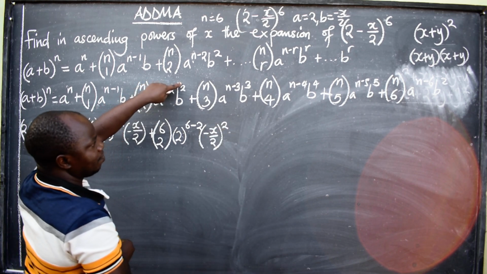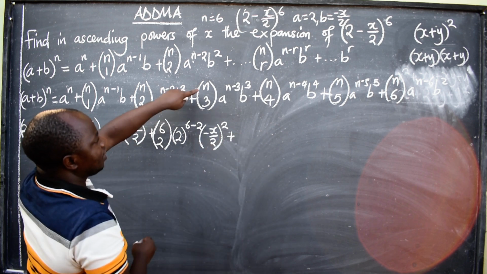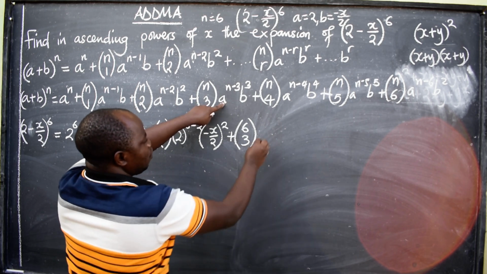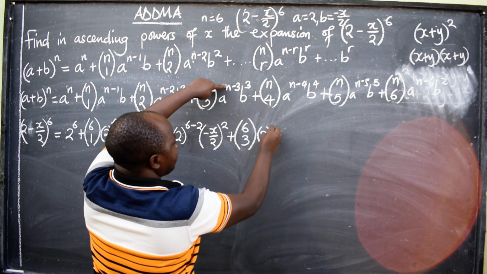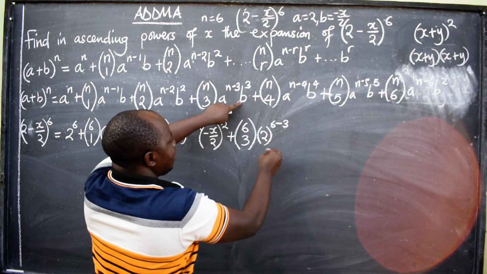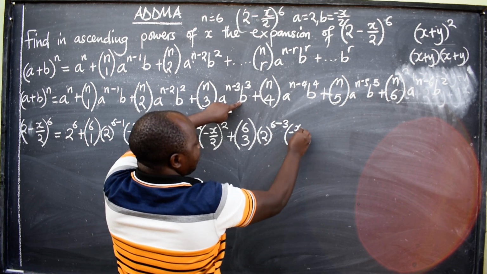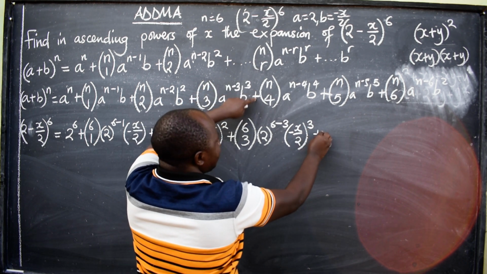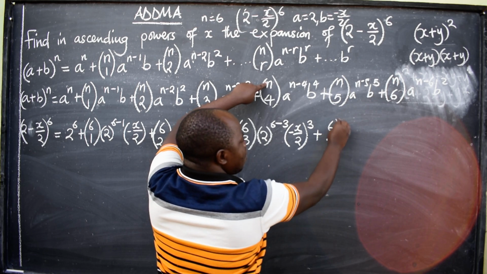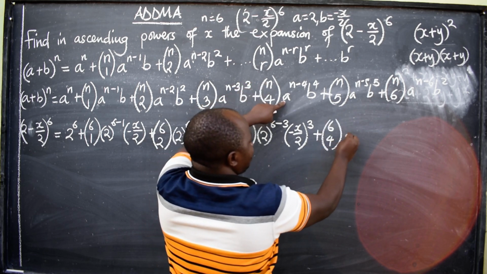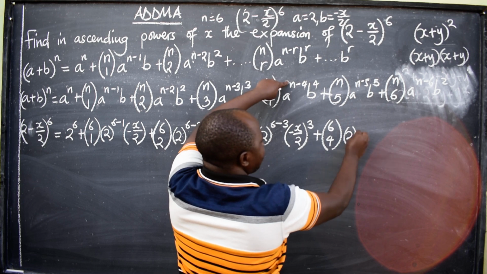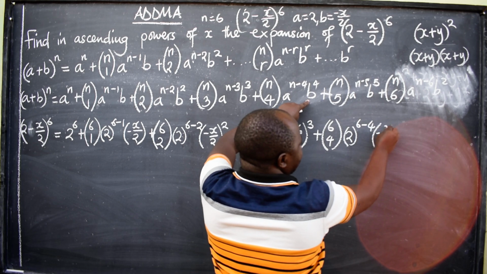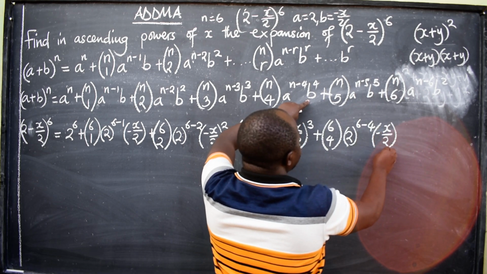There is a power here, plus here 6 choose 3, here 2, here 6 minus 3, here negative x over 2, here 3, plus here 6 choose 4, here 2, here 6 minus 4, b negative x over 2, here 4,